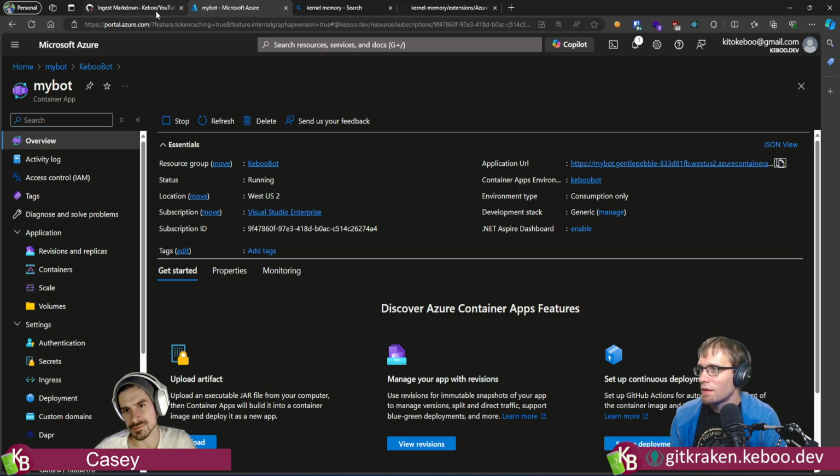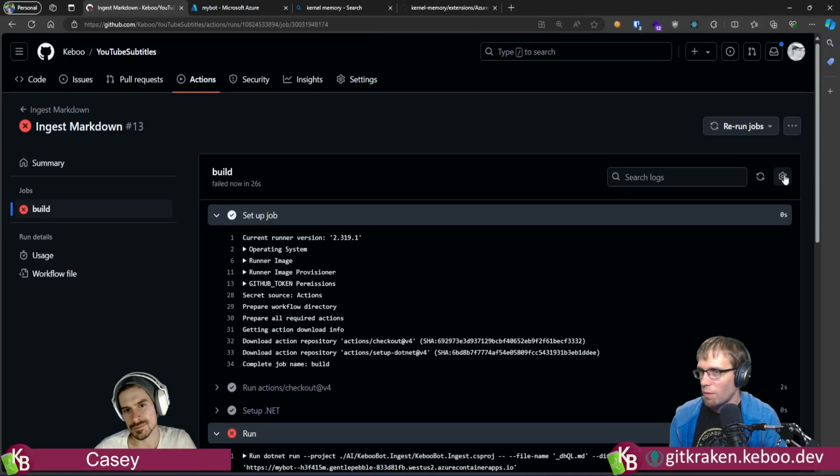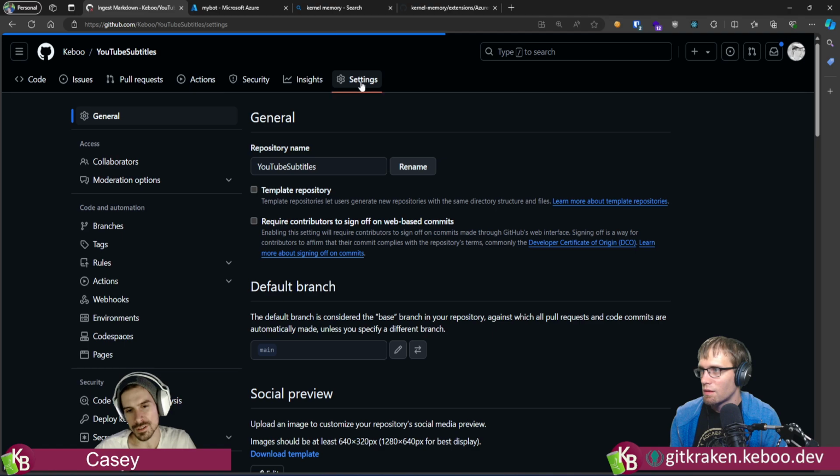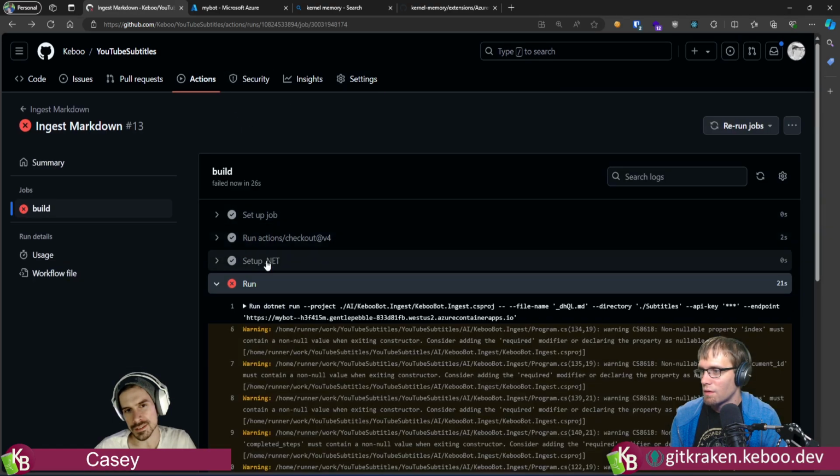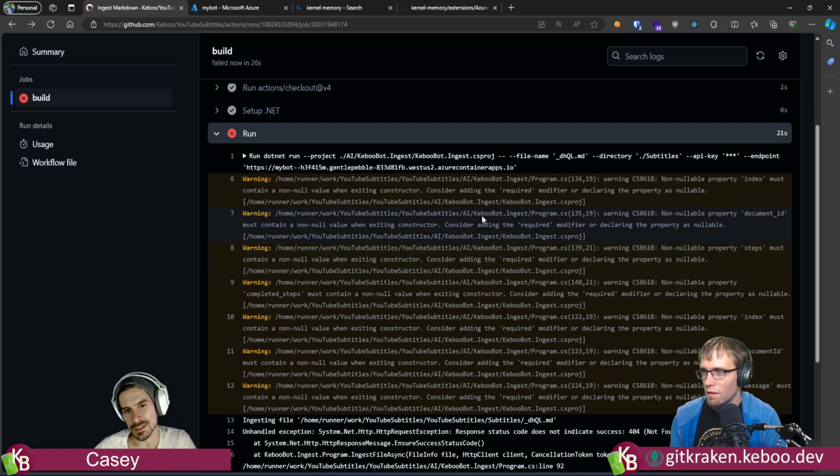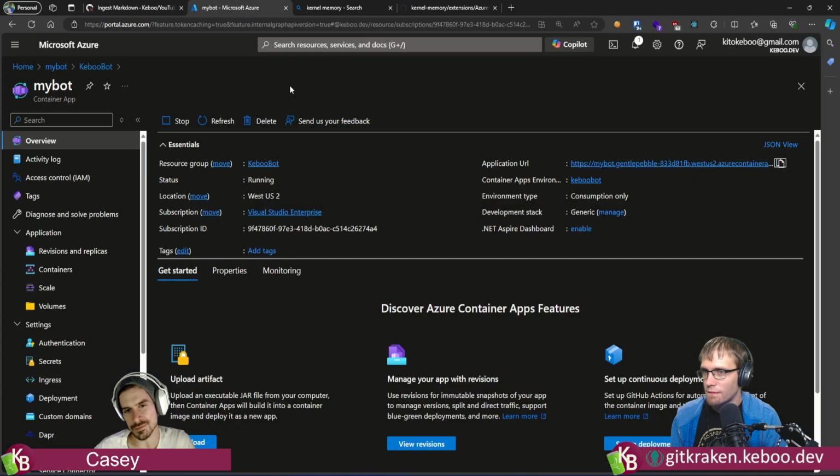At some point we will want more than that, though. If you go back and look at the container apps, MyBot, go to the Azure.